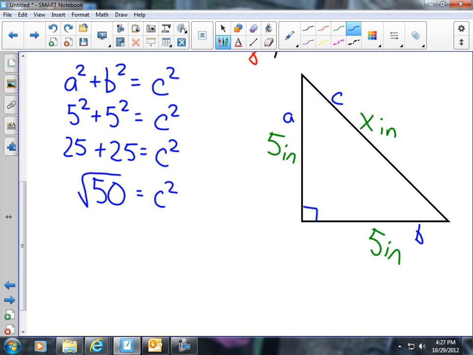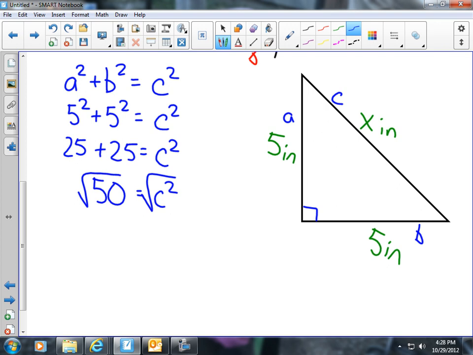We're going to do the square root of both sides, just like we did before. Now, the square root, we have perfect squares. For example, 4 is a perfect square because 2 times 2 is 4. 9 is a perfect square because 3 times 3 is 9. 49 is a perfect square because 7 times 7 is 49, so we know that this is going to be